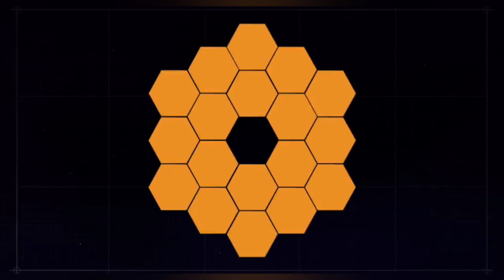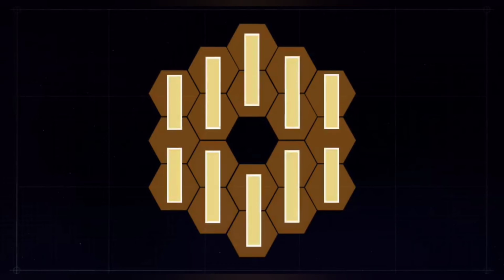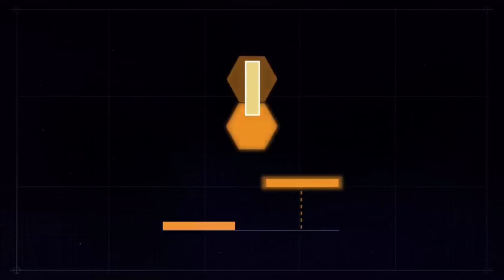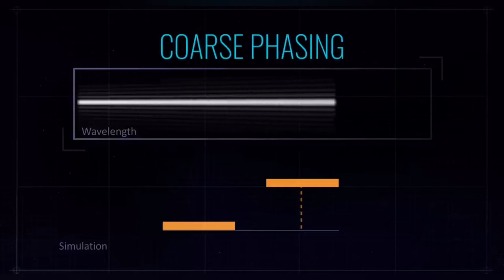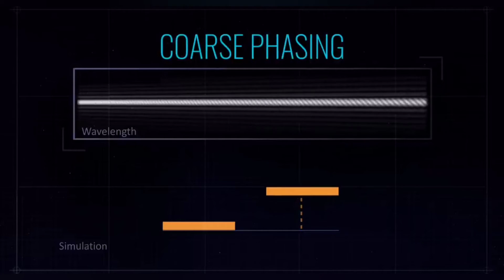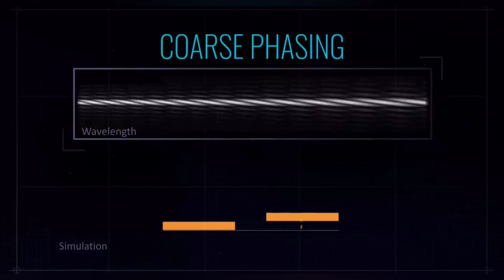And the next phase in the process is something we call coarse phasing. And that's where we adjust, literally it's the piston, it's the up and down motion of the mirror segments relative to each other. We control the piston of the segments so that they all come together in creating a complete